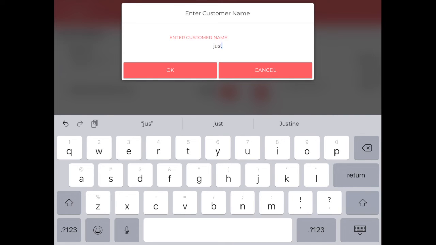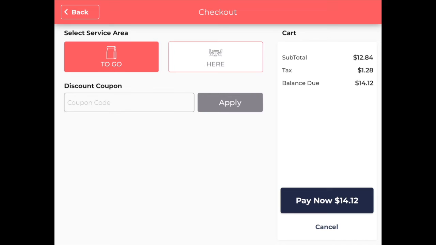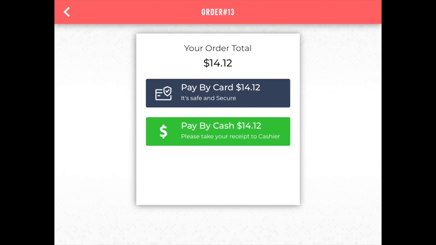We'll enter in a name for the order and then select if we would like to take the food to go or have it here. We also have the option for a discount code. We can then decide to pay and choose if we'd like to pay by cash or card. In this instance, I will choose cash,